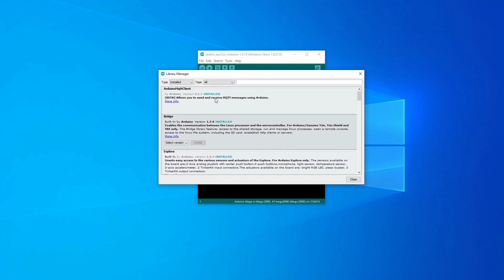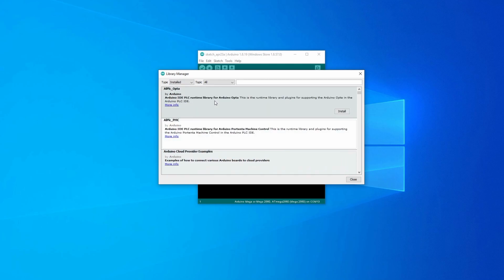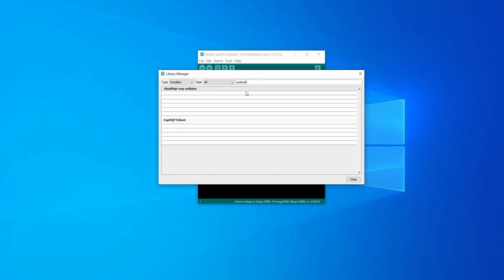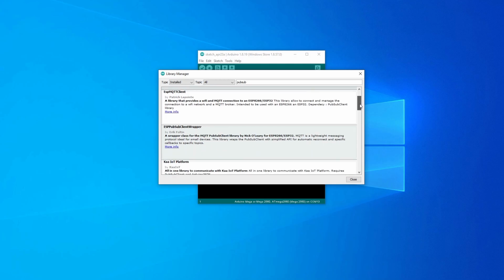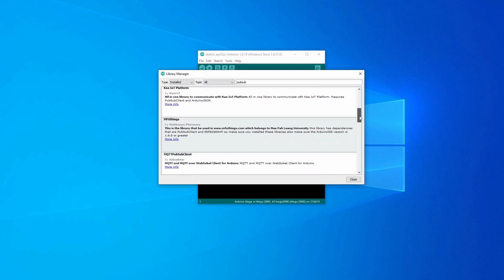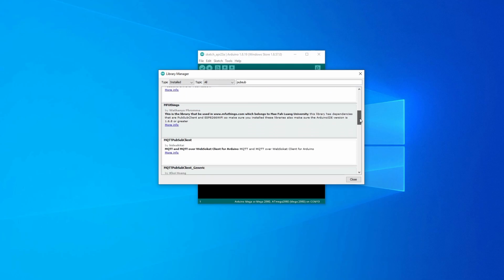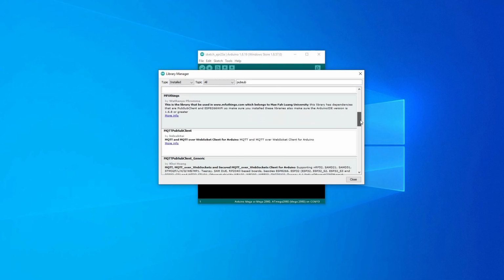I tried this Arduino MQTT client and it was okay. But it seemed a little bit restrictive in that it appeared to only allow me one subscription when the script was running, which seemed a little bit too